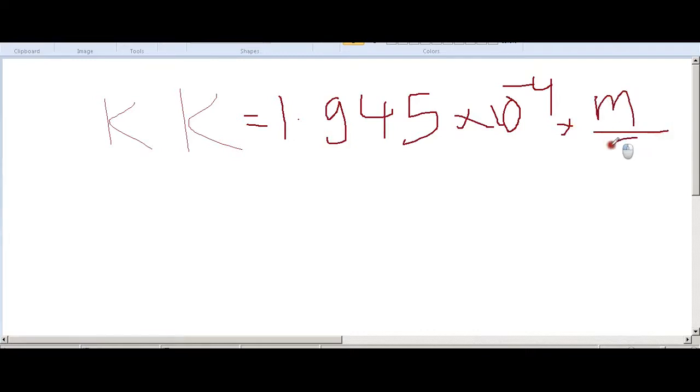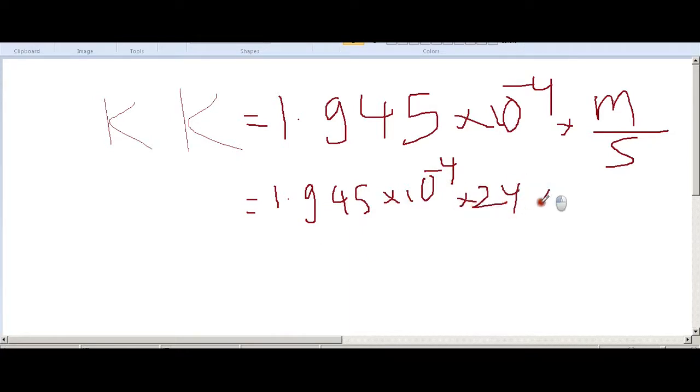meters per second. But how many seconds do we have per day? Per day we have 24 hours, and 1 hour consists of 3600 seconds. So what is the answer? 1.945 multiplied by 10 to the power minus 4, times 24 multiplied by 3600, gives 16.8